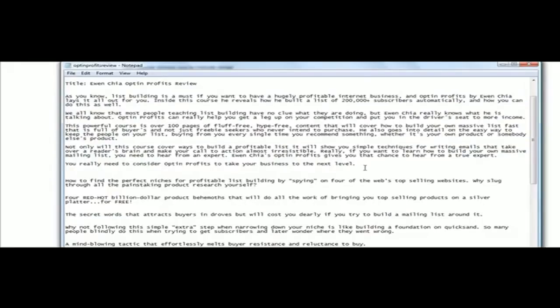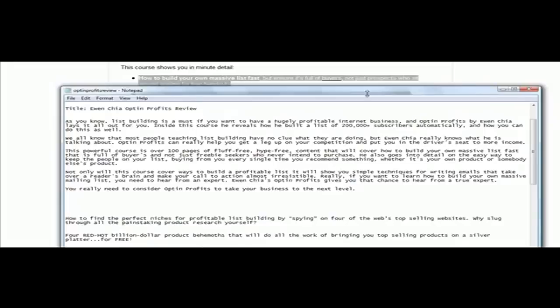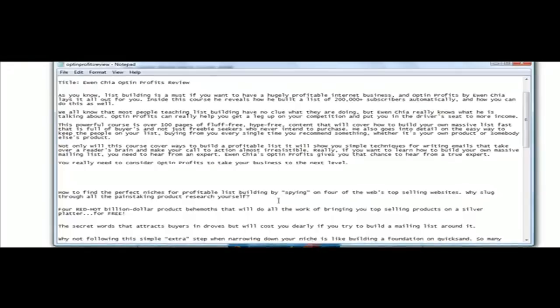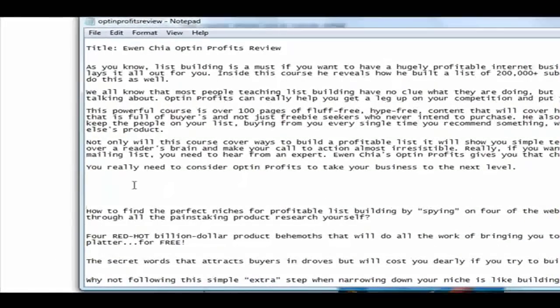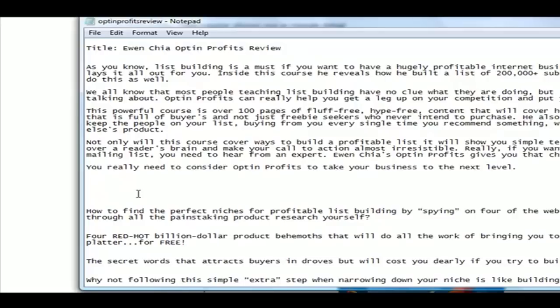Right here's my article. Down here is the research information from things like the bullet points and other information I was able to gather direct from the sales page. So again, using the sales page is so important because it's very, very easy to create content this way. For example, if I wanted to add this sentence that came from the sales page right here, so I have this close here, really need to consider this, I could say,